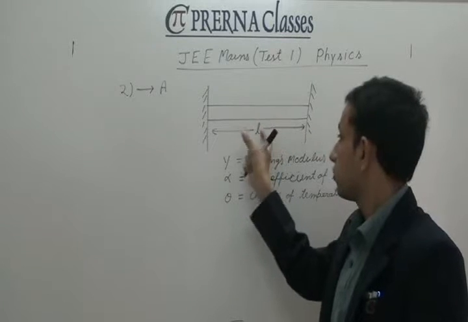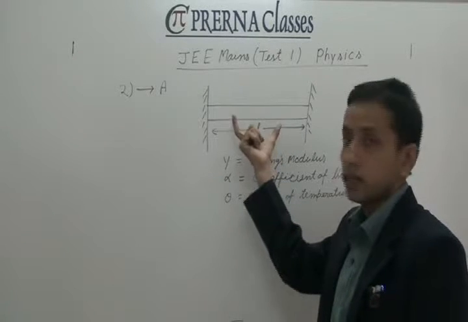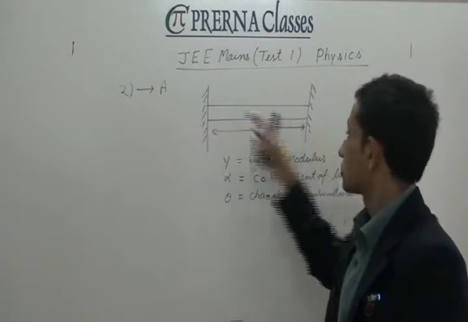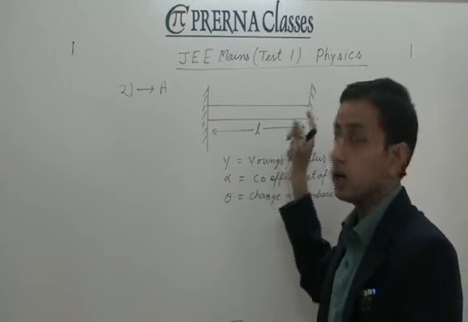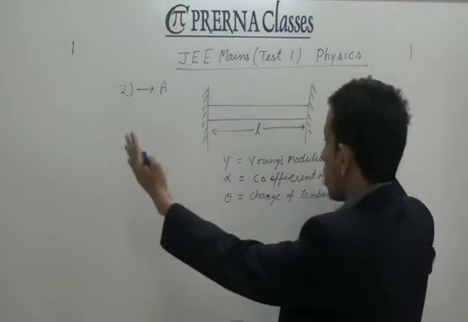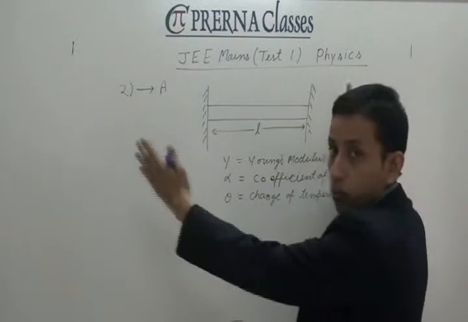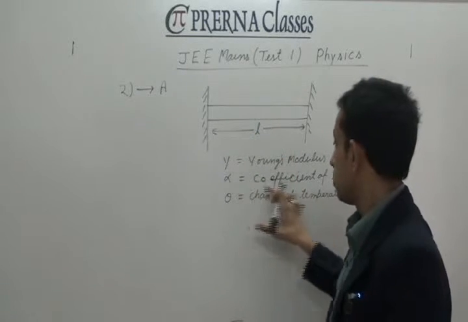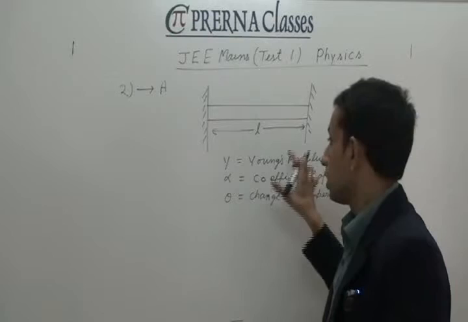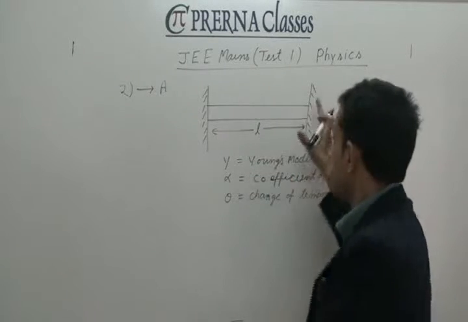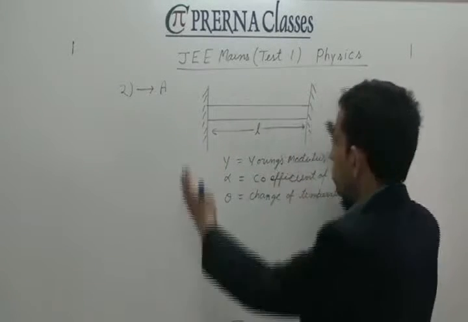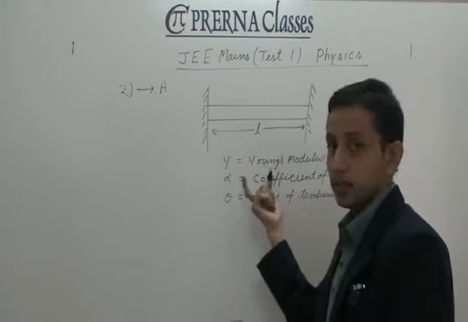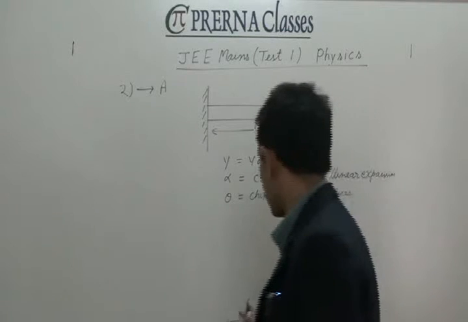For this, first we will try to understand: if we heat the rod, its length will increase due to linear expansion, and there are two walls on two sides. These walls will compress the rod from both sides, and because of that compression the length will decrease. So the increase in length due to heating will be compensated by the decrease in length due to compression from both sides, and the increase in length should be equal to the decrease in length. So we can write,